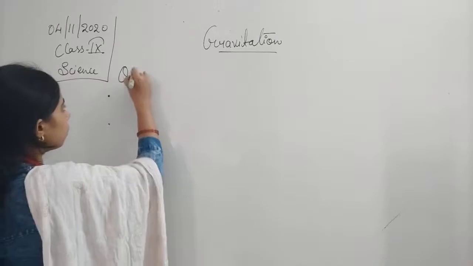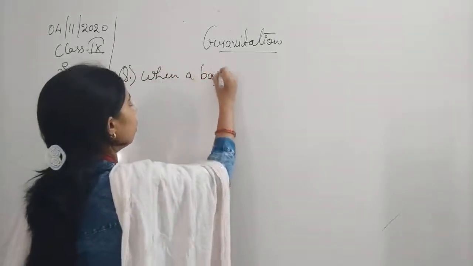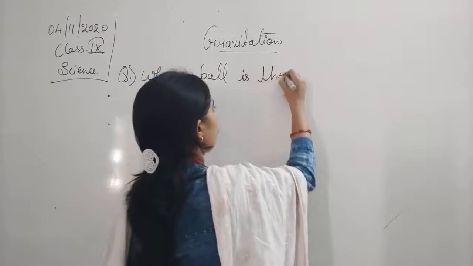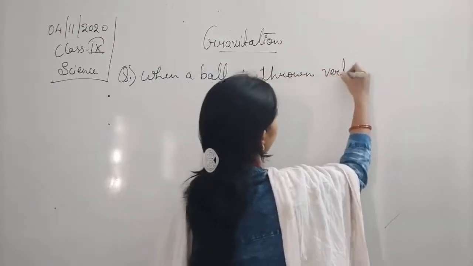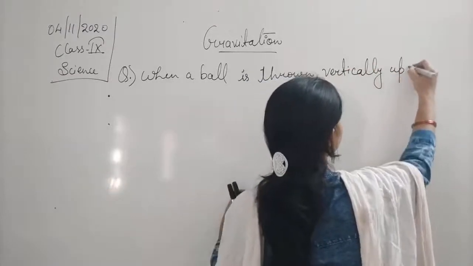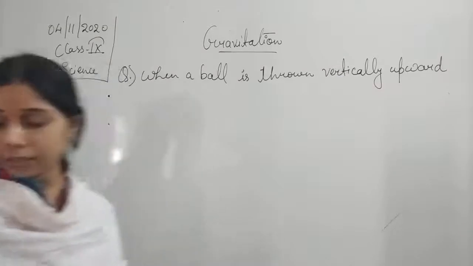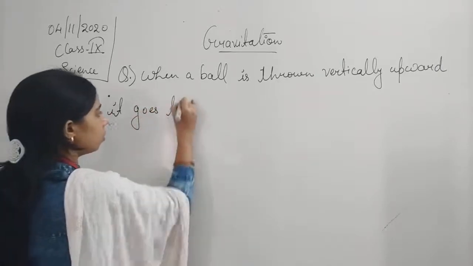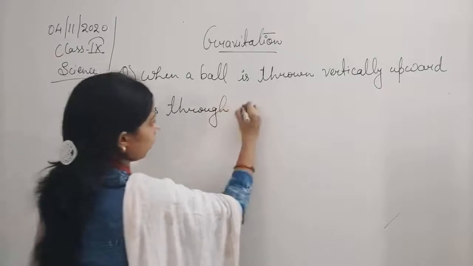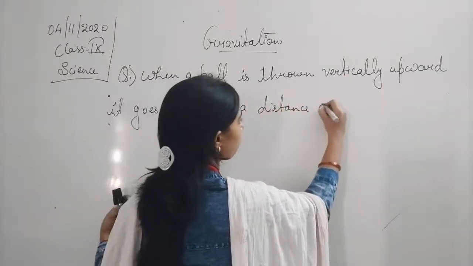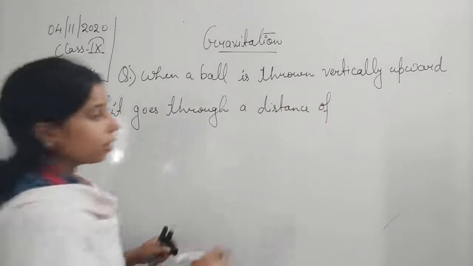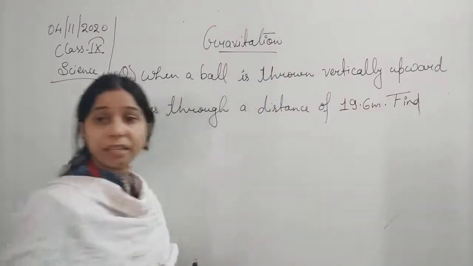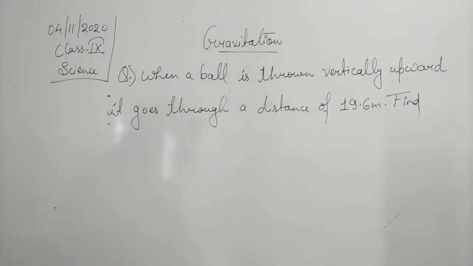The question is: when a ball is thrown vertically upward, it goes through a distance of 19.6 meter. Find the initial velocity of the ball